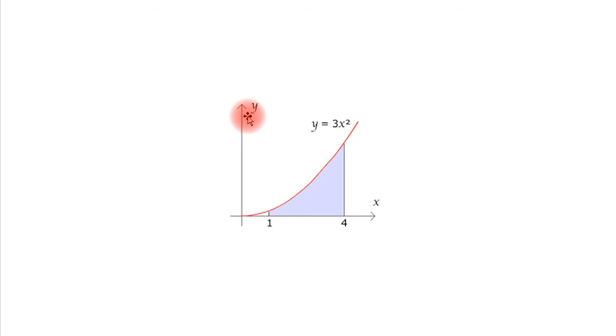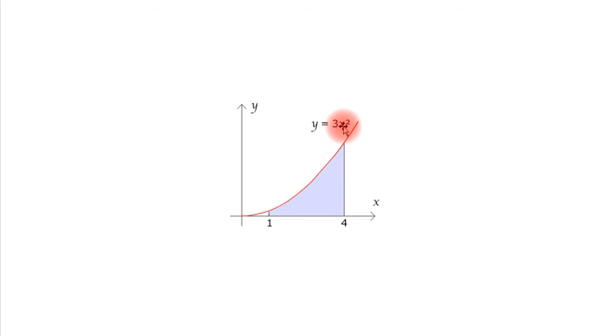So this is a graph. This is the x-axis and this is the y-axis. Now the relation between x and y, particularly in this graph, is y equals 3x square. So when x is equal to 0, y is equal to 0. This is the point corresponding to x equals 0, y equals 0. When x is equal to 1, y is equal to 3 into 1 square, that is 3.